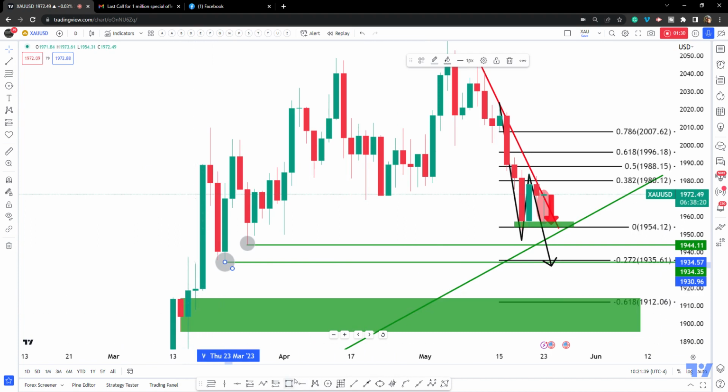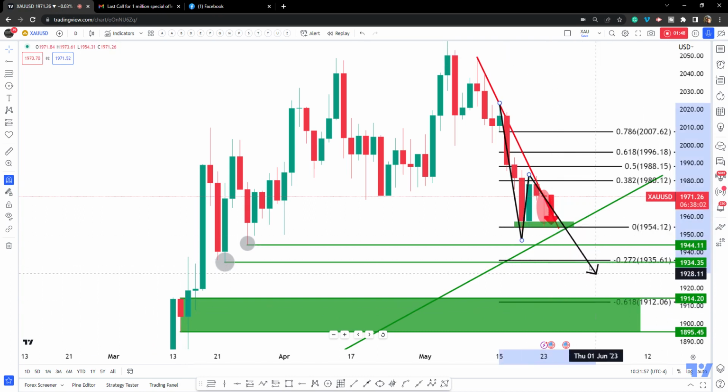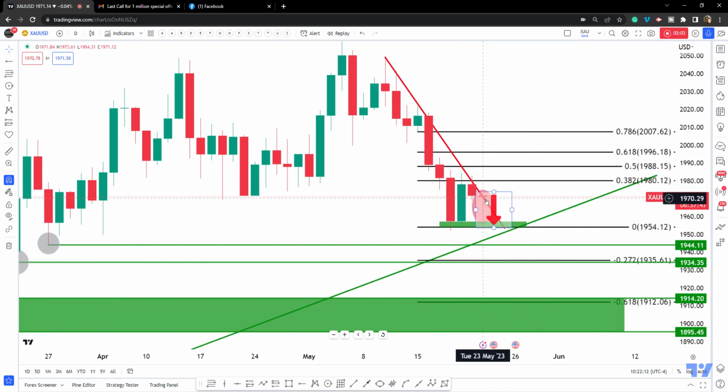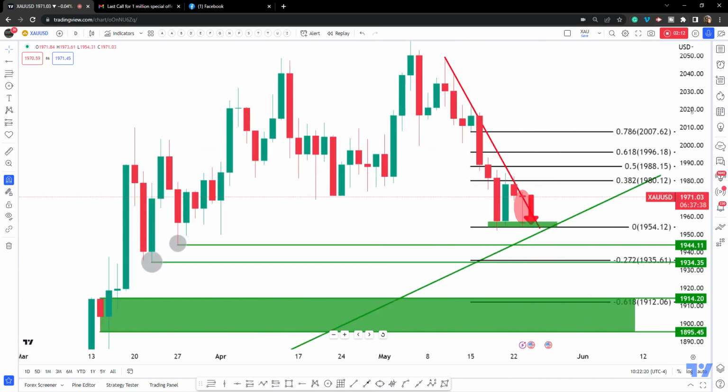1934, and then if we move down the trend, we can see that we've got potential area of support between 1914 and 1895. If this area here, 1934, were to break, we could see a continuation. If, on the other hand, this were to fail and the market were to creep higher, then the downside bias will be nullified for the time being,